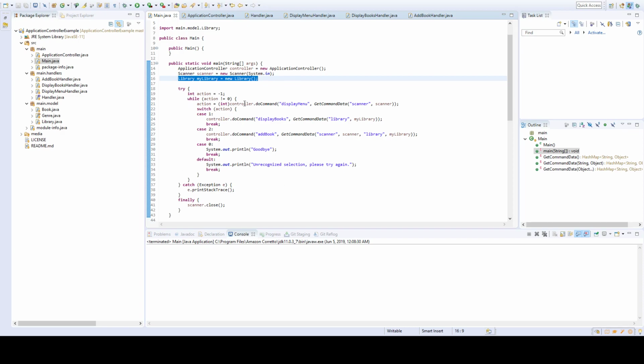As you go through, the controller has different things that it can do. And as the user puts in, I want to do action 1, it'll display the books or display the menu and the book. So that's the flow of this application controller